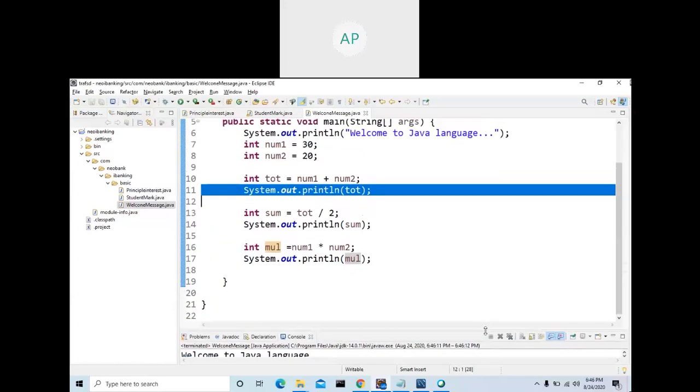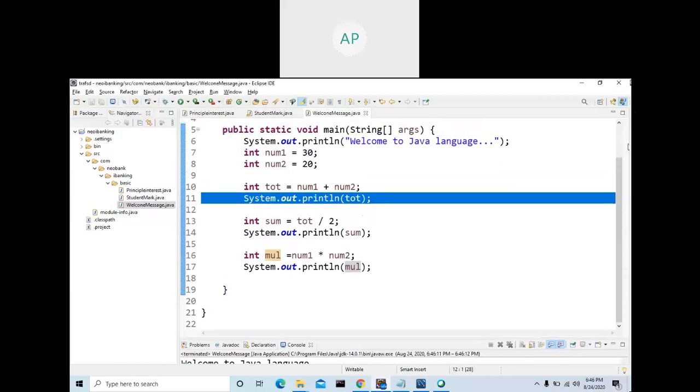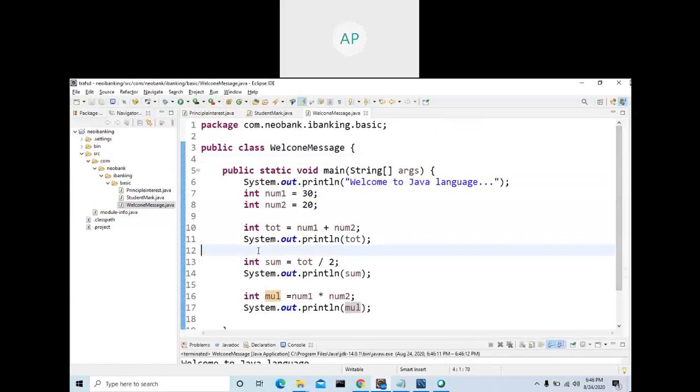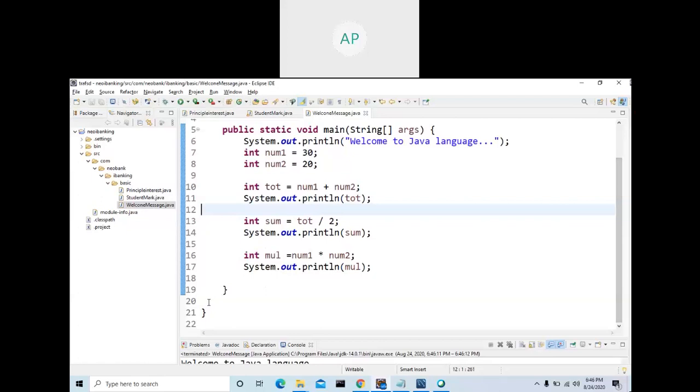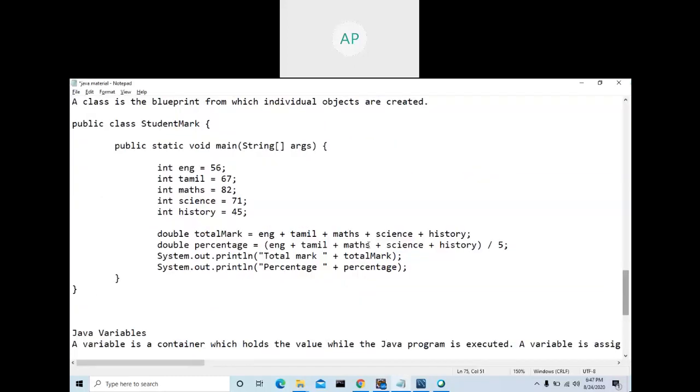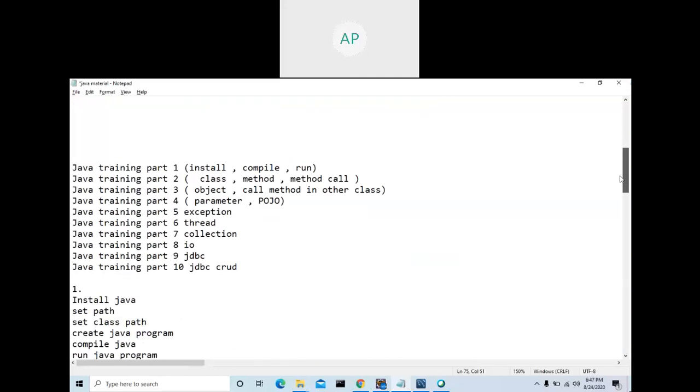Right. So this is going to be one proper program. This is the program. How many lines are there? Actually 21, but around 15 lines, around 15 instructions are there. This is called a class, or you can call it a program. So if it is a program or a class, what will be inside according to our definition?